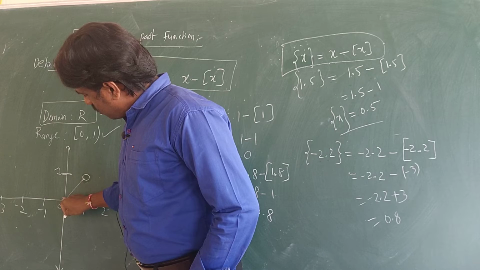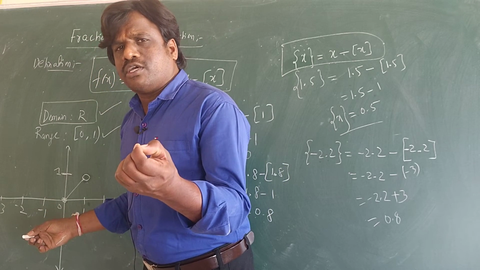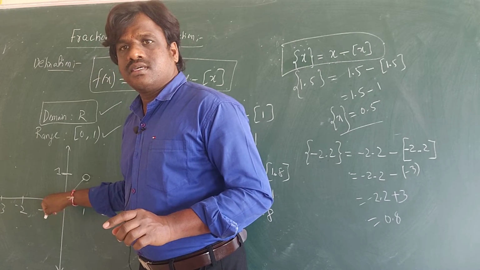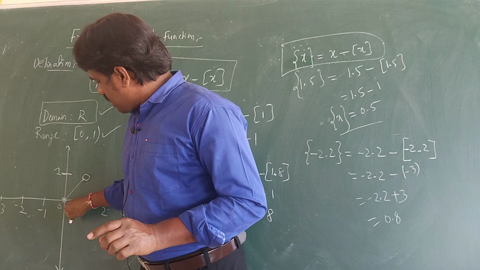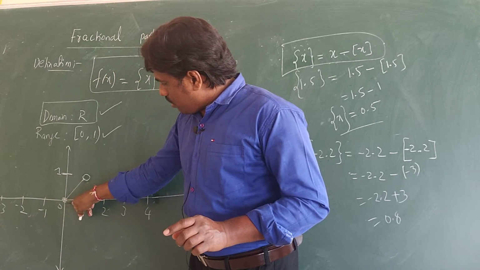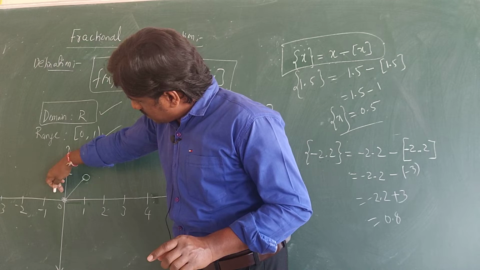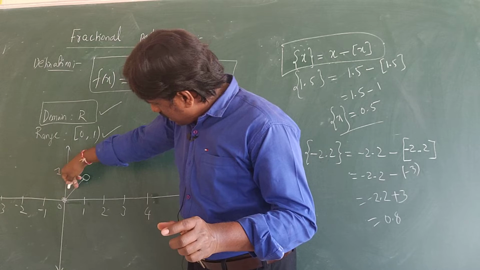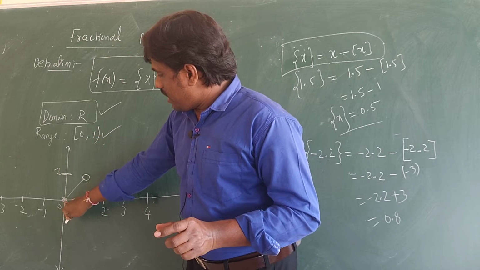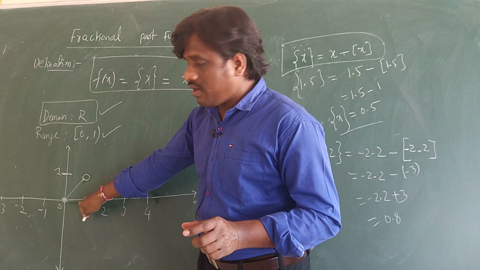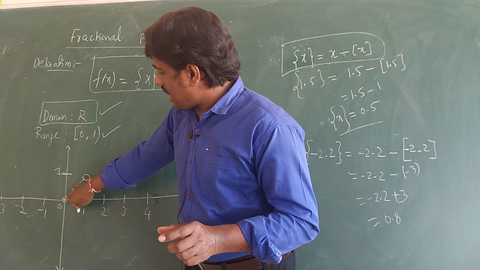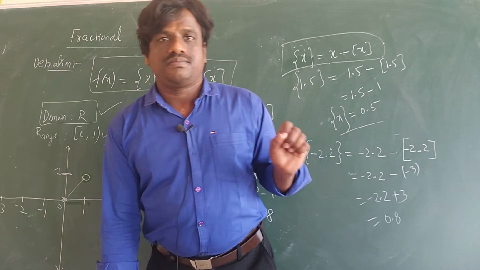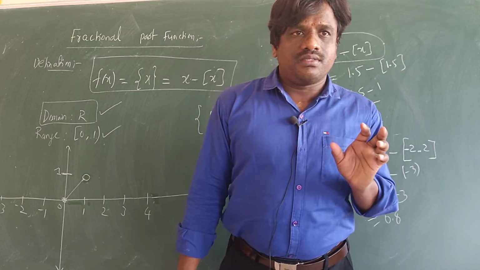Suppose I take 0, I get 0. I take a little bit, 0.01, then I get 0.01 on the y-axis. The y-axis points will keep increasing. So if I join these points, I get a straight line like this. Where I am taking the input from 0 to 1, the output comes like this. If I join all the points, I get a straight line. Are you getting what I said?